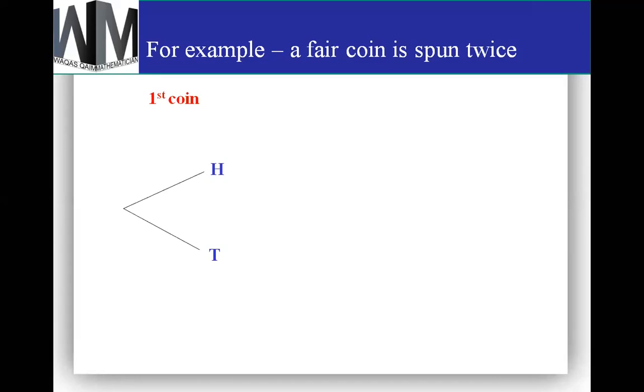Now we are again tossing the coin. That will be our second event. And we are going to write the sample space of the second event before every outcome of the first event. There are two outcomes, head and tail, so we are going to write the sample space of the second event twice, like this. The sample space of the second event will be written before head and tail separately.